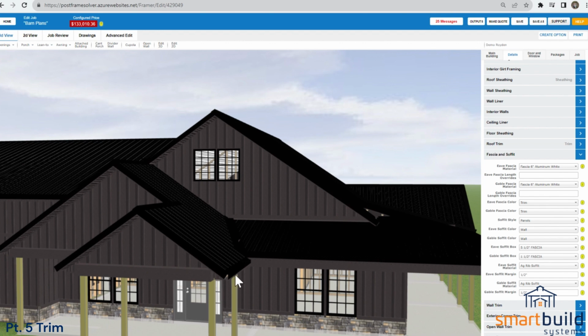So we have an eave at the bottom, eave edge, fascia, and the gable. And they can be different sizes, and then you can have them match the roof color or the wall color, different colors too. And when we look at trim, so the soffit styles, I have this set to be